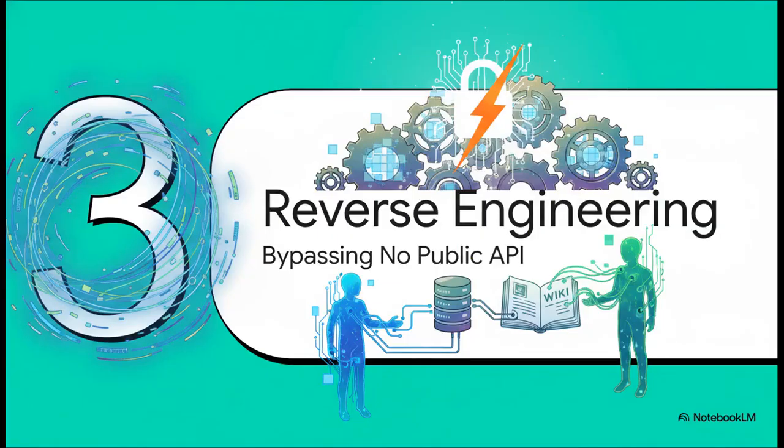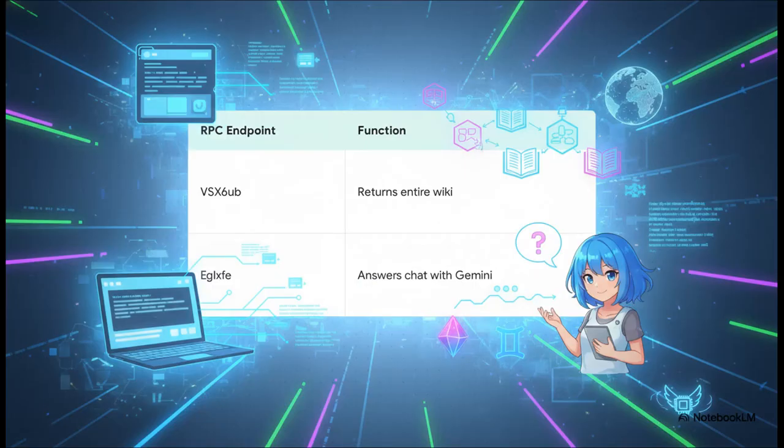Moving to Section 3, reverse engineering, and how it bypasses that whole no public API issue. Because there's no official API, codewiki-cli actually reverse engineers the web front-end's RPC calls. Specifically, it targets two undocumented under-the-hood endpoints. The first one is VSX6UB, that's VSX6UB for the spelling, and that one returns the entire wiki for a repository as structured JSON. Honestly, this is the exact same call the server uses to render the page for our human